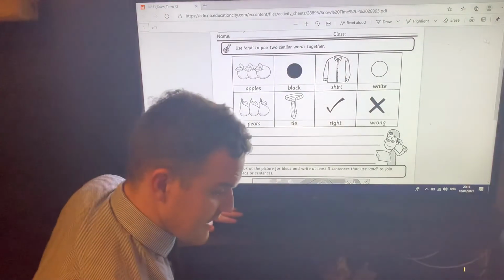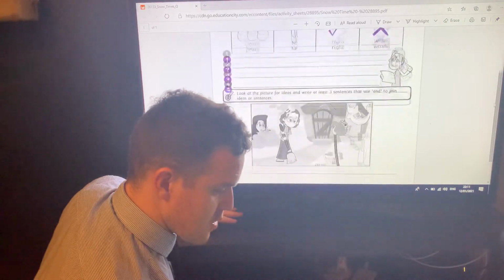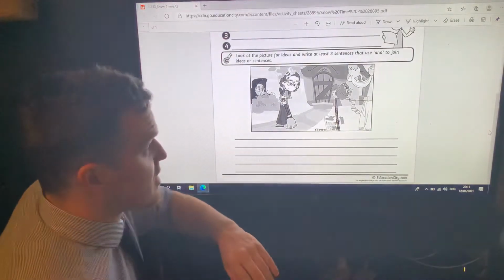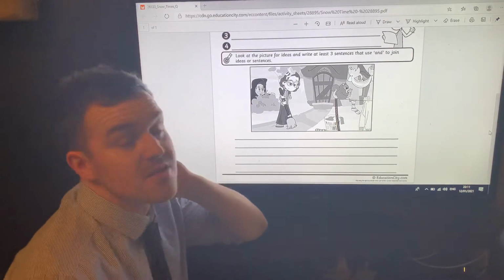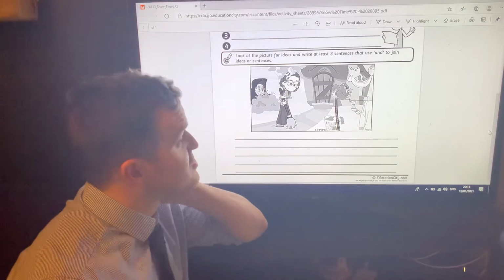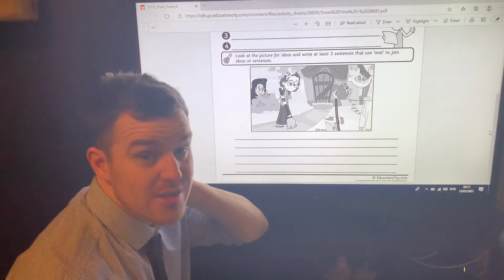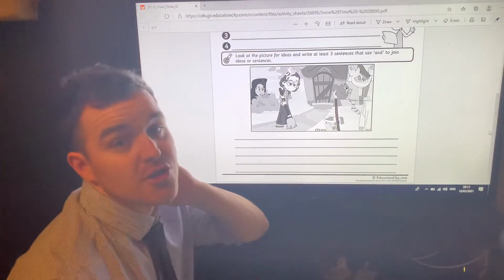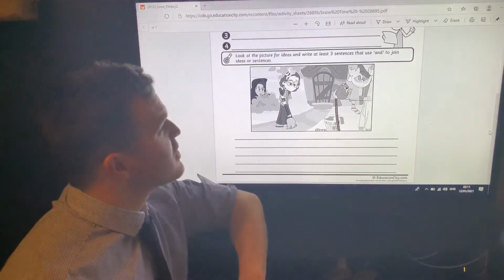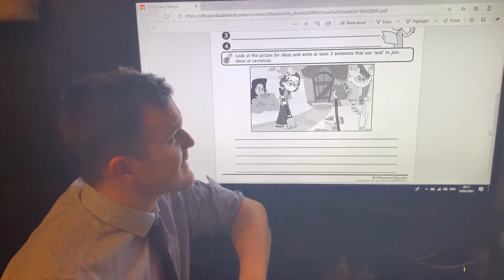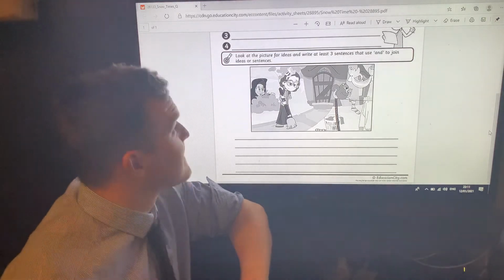And we'll move on to the next part. So, the second question, there's a picture of Snow White. There's a picture of some other characters from the Snow White story in the forest. I'm sure you all know the Snow White story. Look at the picture for ideas and write at least 3 sentences that use "and" to join